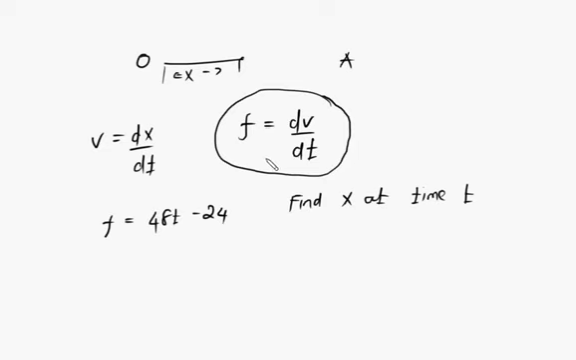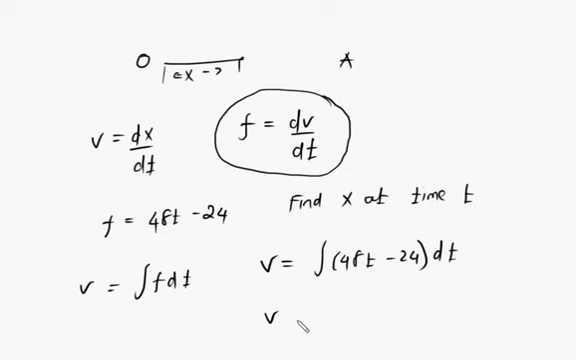you can see that differentiation is the inverse of integration. So velocity will just be the integral of f dt, okay? So for velocity now, I am looking for distance, but first I have to find velocity, okay? It will be the integral of 48t minus 24 dt. So this is integration of a polynomial expression,